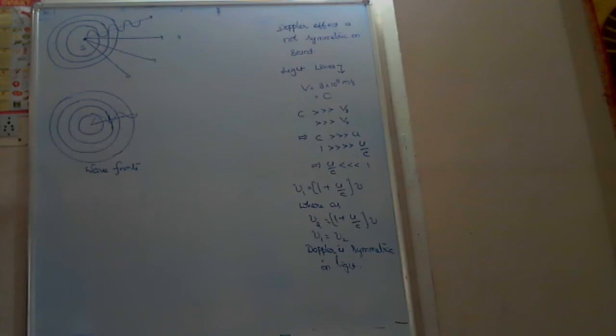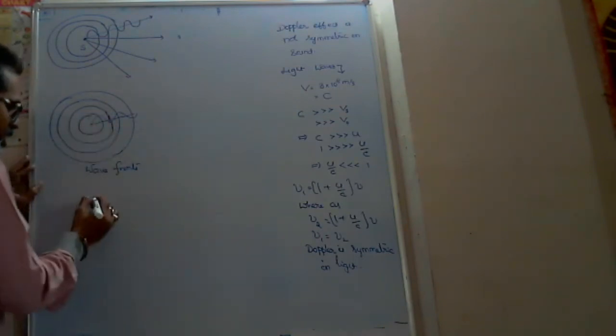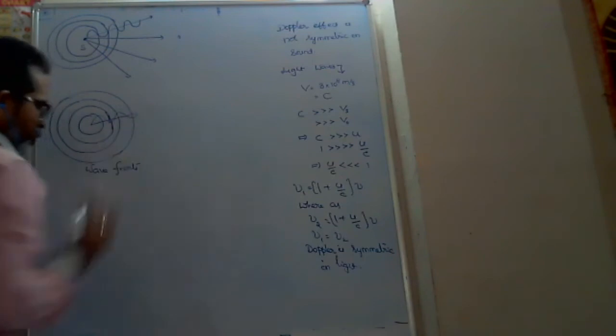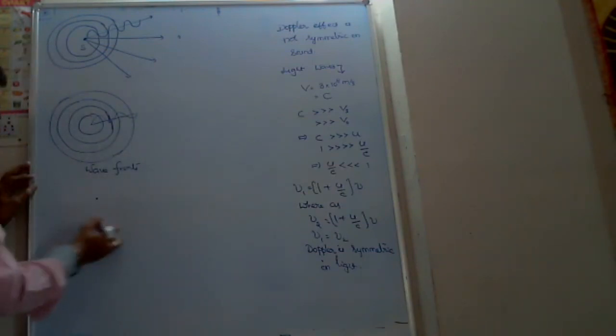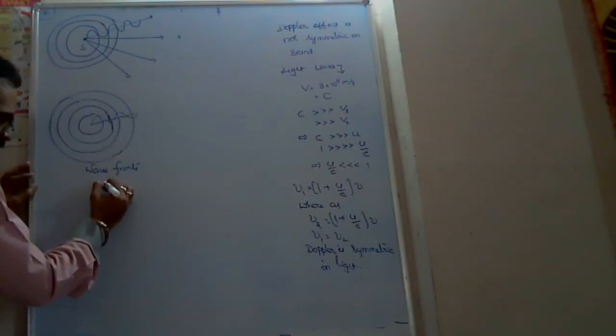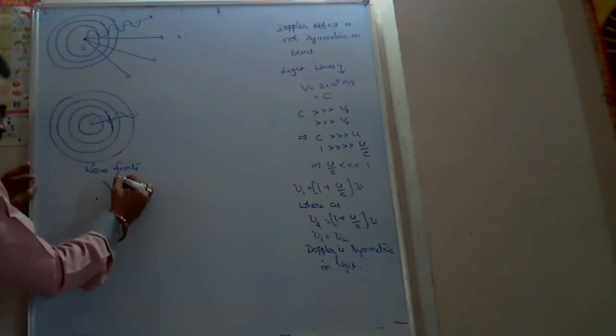I am giving an introduction to the next chapter, connecting the two chapters: waves and the next chapter. While connecting, if you construct the spheres around a point source, those spheres are called wavefronts. And for those wavefronts in one particular direction, there is no need to construct the full sphere. You can construct part of the sphere like this.